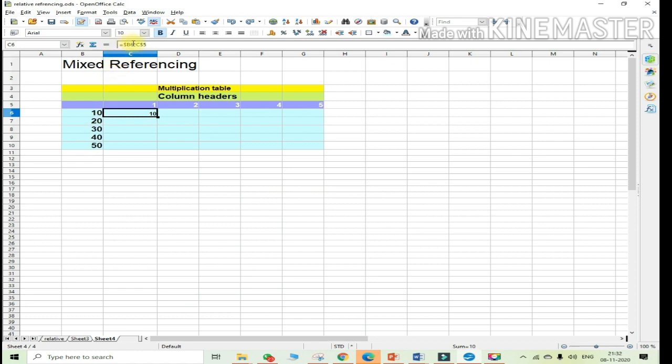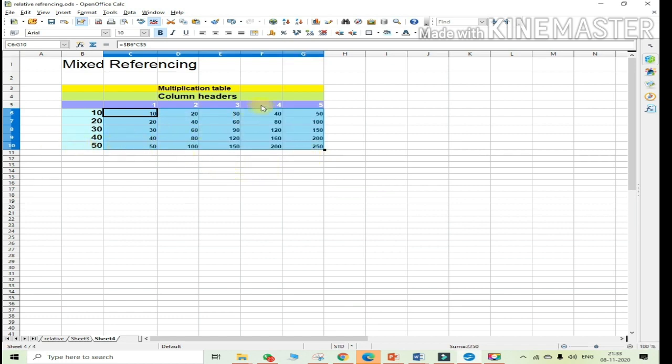Once we enter the formula, we click and drag the cell downwards, or we can click and drag it from the left to the right side of the cell, so it gives the values of the formula which we entered into the input line. This is the best example of mixed referencing.